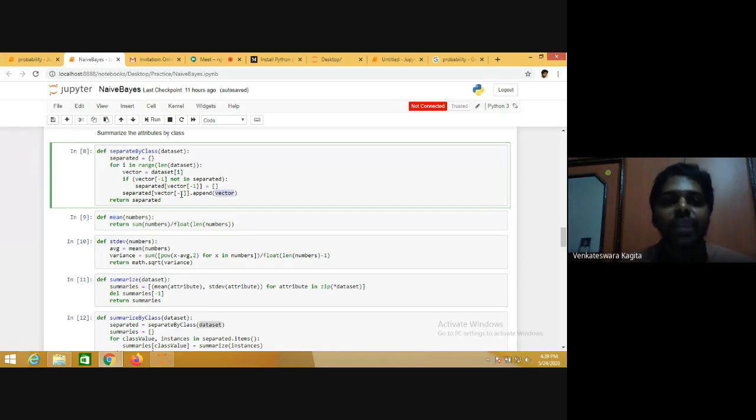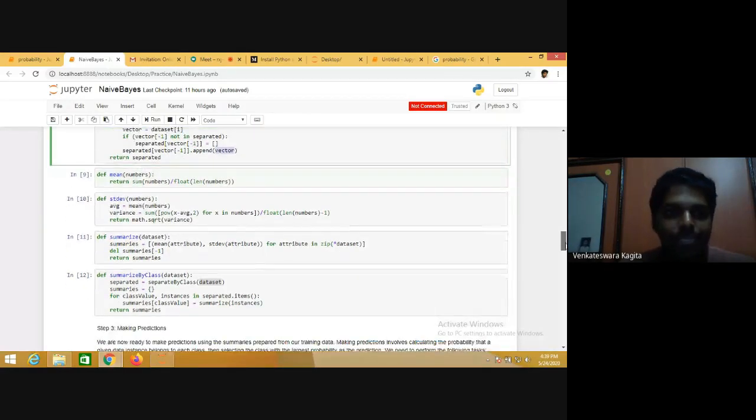So if it is 1, it will append to the first list. If it is 2, it will append the corresponding vector to the second list and so on. If you have 10 classes, it will create 10 lists, and those 10 lists are there in the separated list that it returns. So we separated these instances class wise.